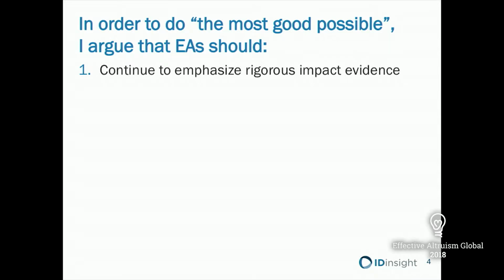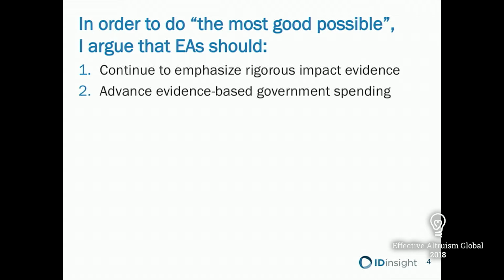And today I want to argue that in order to do the most good possible, EAs should, one, continue their emphasis on using rigorous impact evidence in their decision-making, but two, and quite critically, expand the scope of what they consider as potentially impactful, cost-effective interventions in charities beyond direct service delivery organizations and really think about how do we leverage the tremendous resources that developing country governments are already spending trying to improve the welfare of their citizens and really use levers such as research and advocacy to unlock a lot more impact beyond just giving to direct service